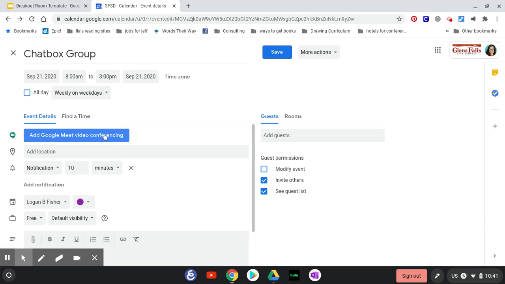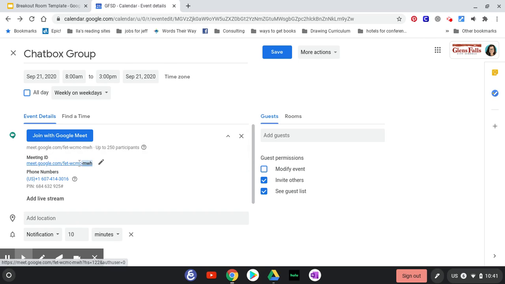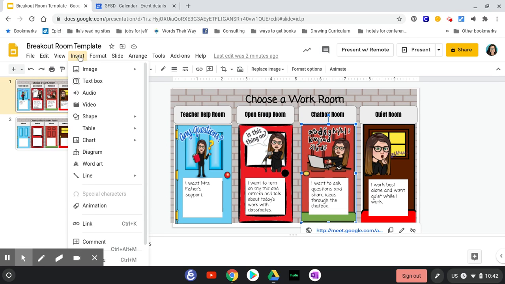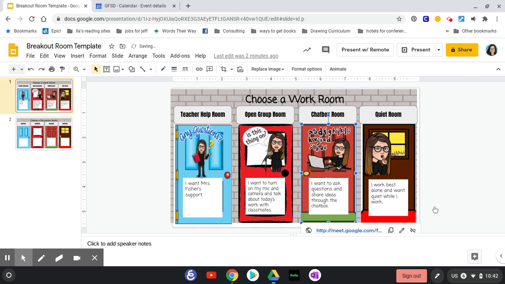Adding a Google Meet conference. Clicking on the gray underneath. Highlighting that Meet link. Control C will copy it. Going back to the door, making sure that the door is highlighted. Click Insert and Link. Then Control V. Apply that. And then you do that for each door, and each door will have a different Meet link that